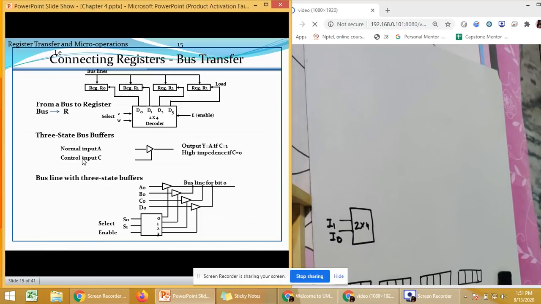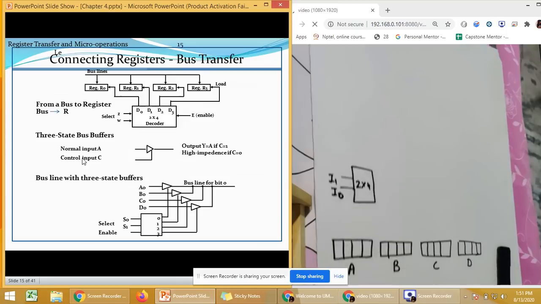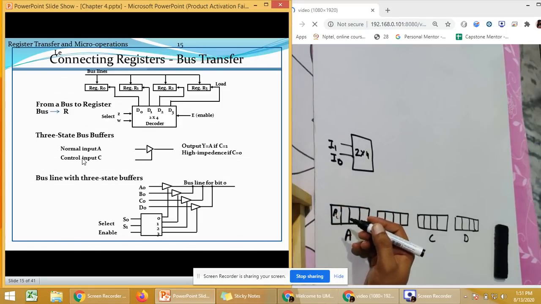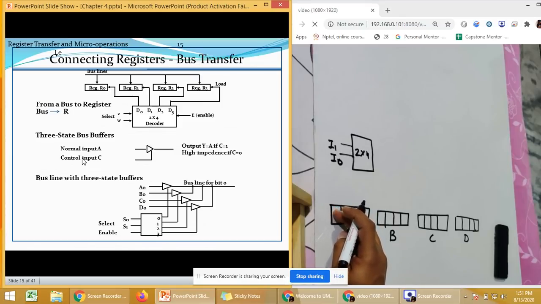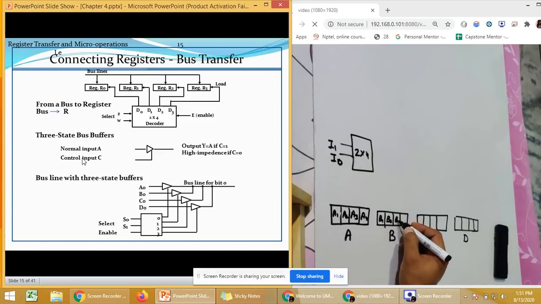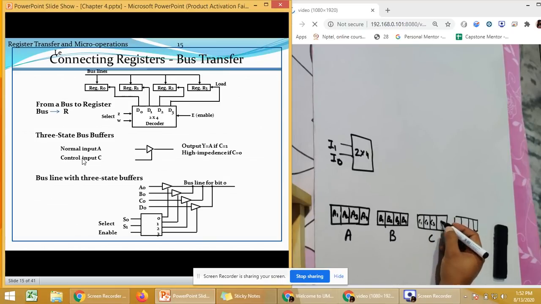Okay. So this is register A, B, C, and D. This bit will be known as A0, or you can call it A1 as well, as you want. You can write it as A0 or A1. According to that, you are going to number them. Firstly, just take it A1, A2, A3, A4, B1, B2, B3, B4, C1, C2, C3, C4, then D1, D2,